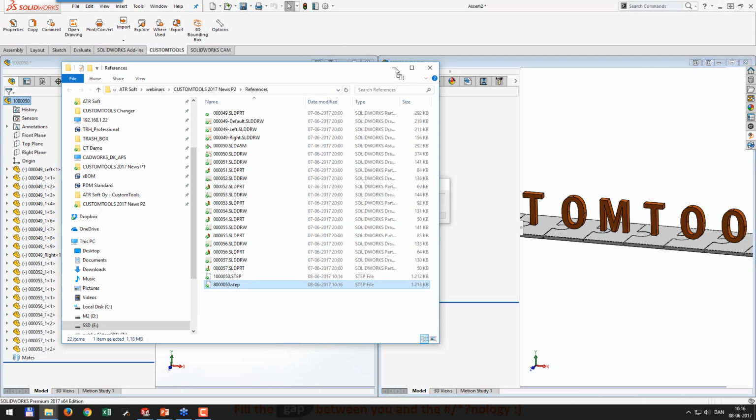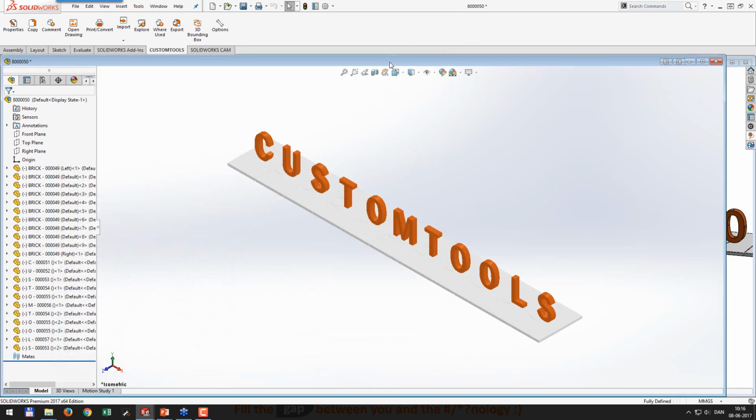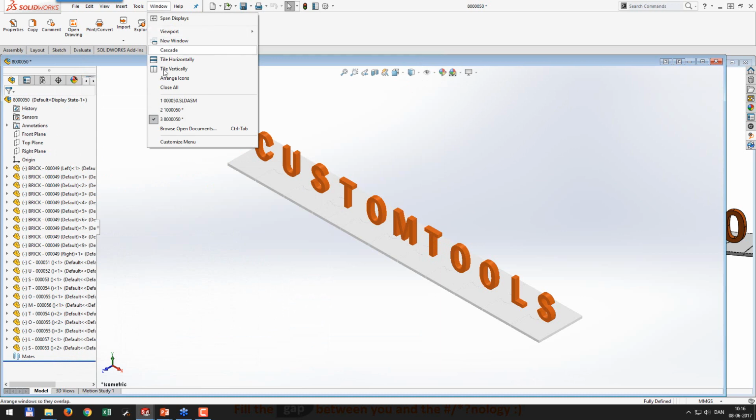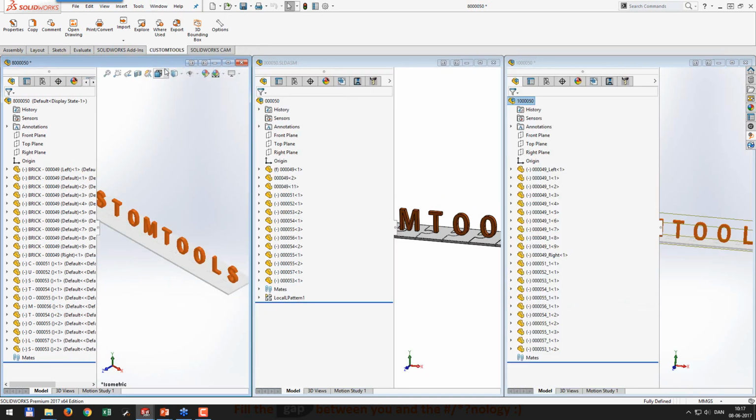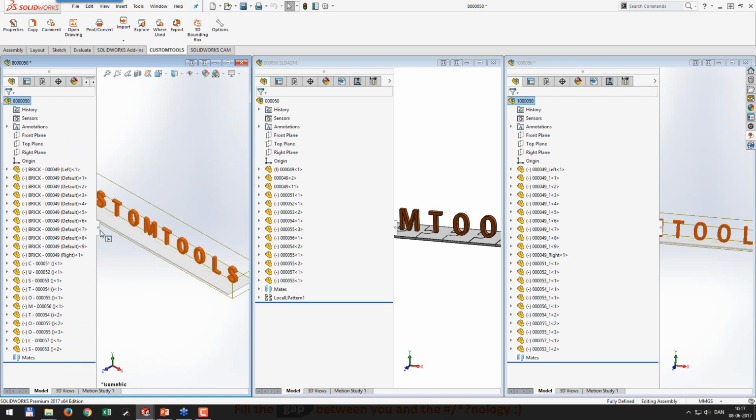The reason I'm renaming, by the way, is the name is going to be the same. So to avoid any conflict in SolidWorks, this is what we are doing. So now I can tile everything vertically again, and now we can see. This is the one that I just created. And again, I'm just going to right-click, Tree Display, and Do Not Show. So now we customize the name. Instead of just having a